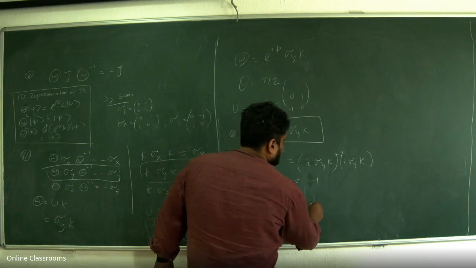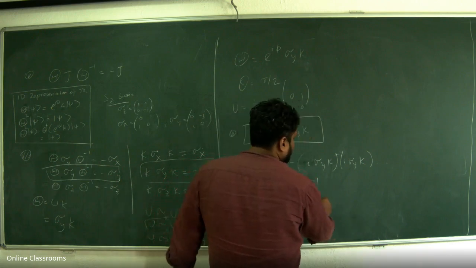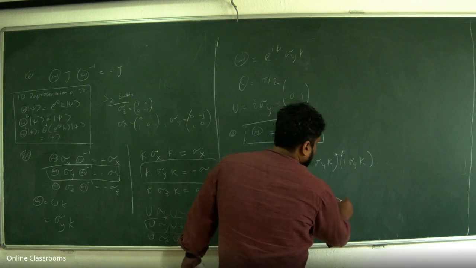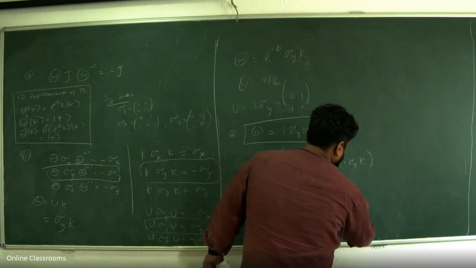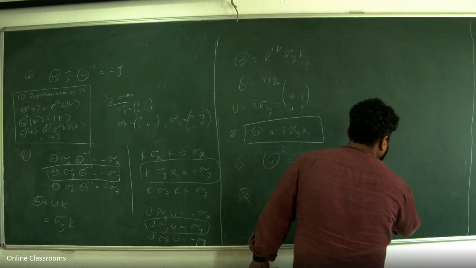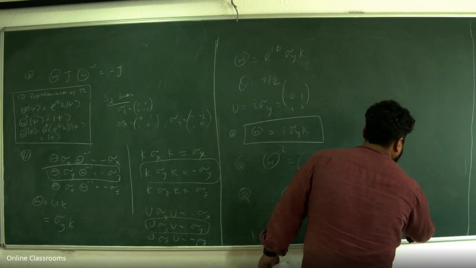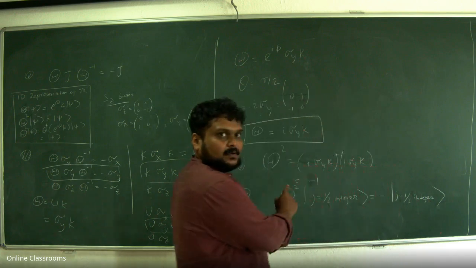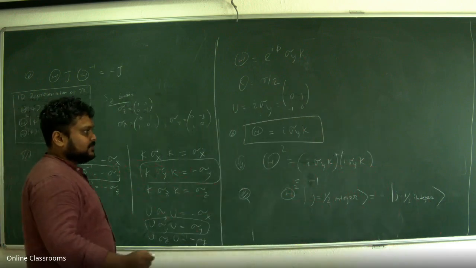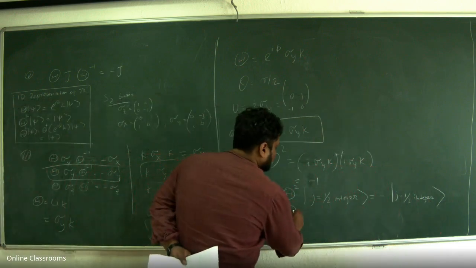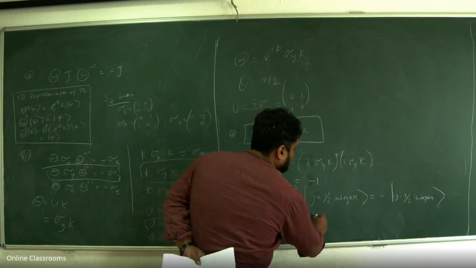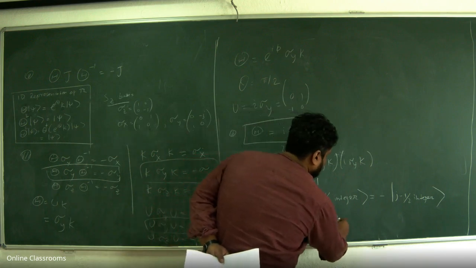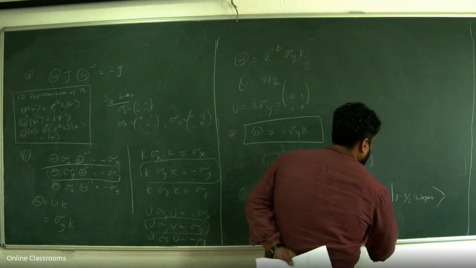acting on j or s, whatever you like to say, half integer will give you minus j half integer. I just showed you for spin half, but this is generally true. The proof is a little involved. Theta square acting on j integer will give you